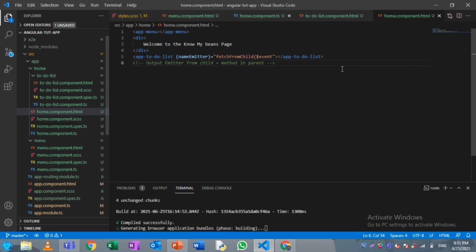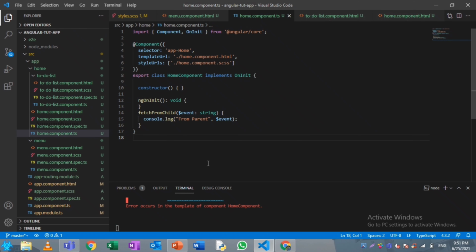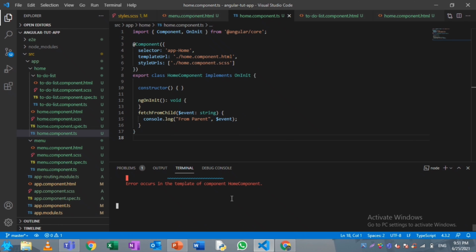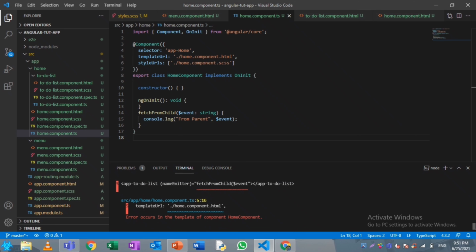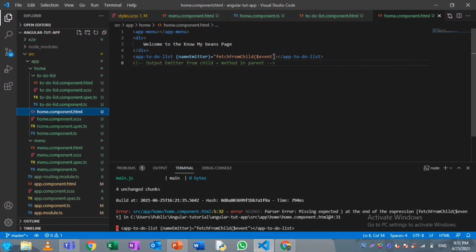Okay, cool. So now there is some error it is throwing. Okay, I'll just go to the terminal and find out what is the error. Most probably it could have been a syntax error. Okay, there is some. Okay, fine. I'll just put the bracket here. Now compile it. Now it should have compiled.